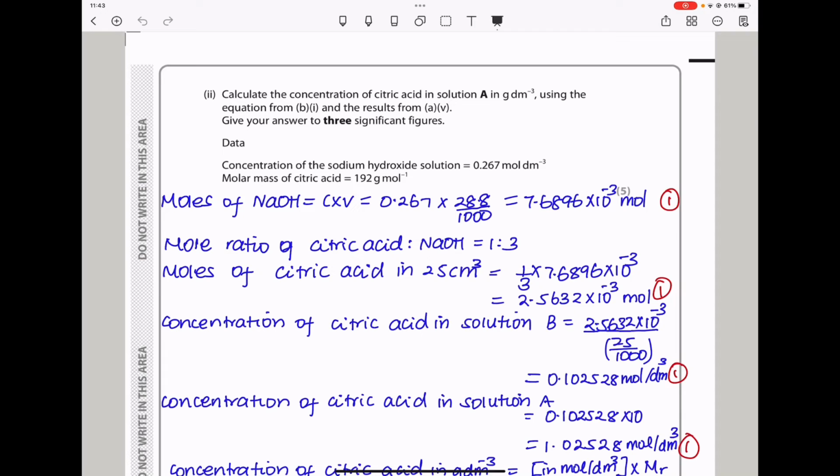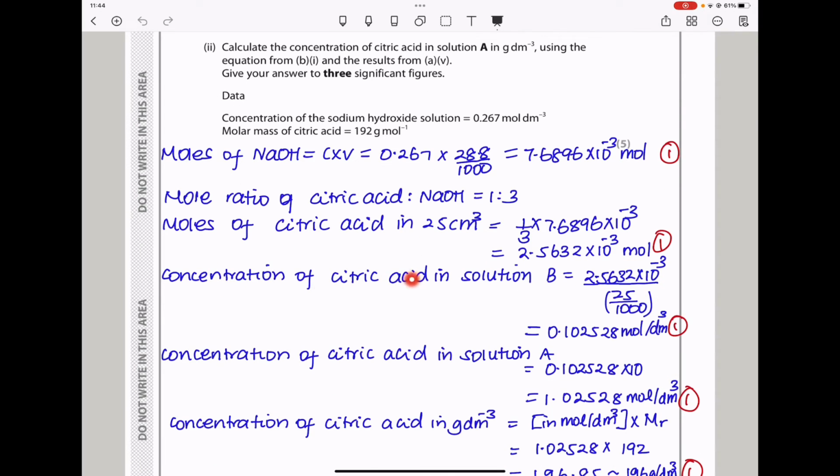Now, this is in solution B, 25 of solution B. So the concentration of citric acid in solution B is going to be number of moles divided by the volume, which is 25 centimeters cubed, and this is what I got. So this is the concentration. So the concentration of citric acid in solution A should be 10 times the concentration of citric acid in solution B, which is